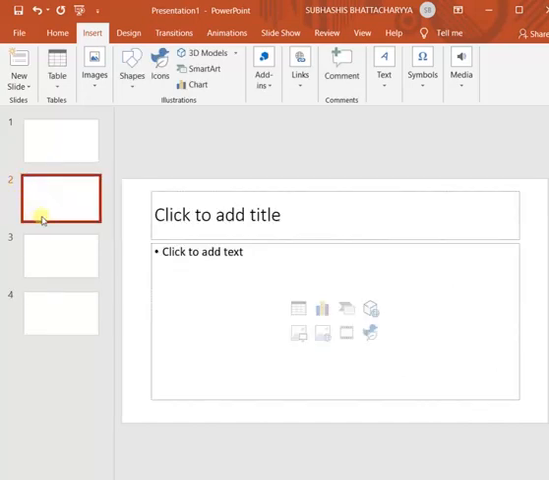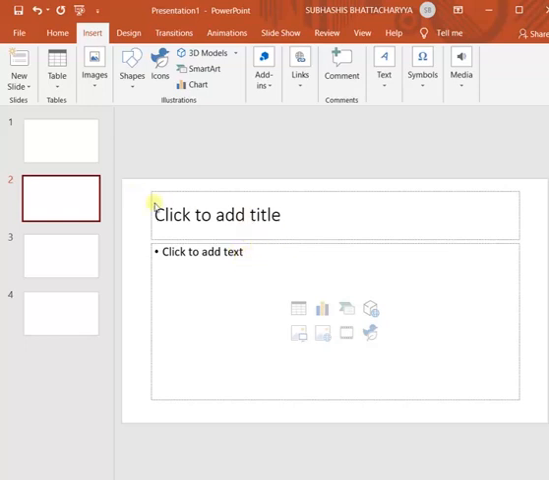You will see a new slide has been inserted between 1 and 3. Previously the second slide was there, it now became the third slide, and a new slide, that is slide number 2, has been inserted. And when it is inserted, it automatically becomes the active slide, and this is shown in the right side.